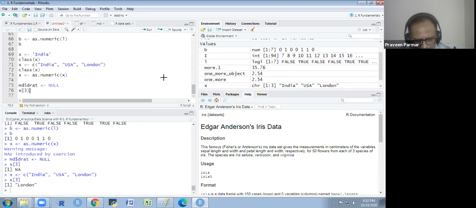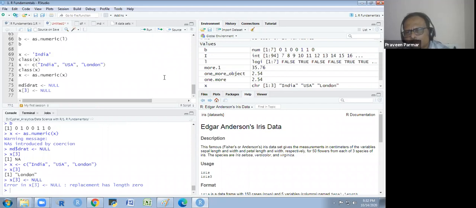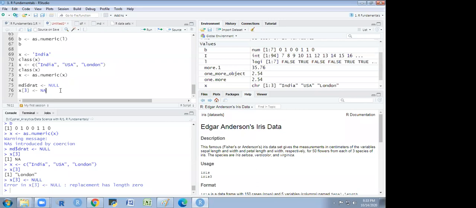If I use null here, it will give me some error. It will not work. I could change the name. Instead of London, I could write some other name, other country's name, or I could use NA if I don't have any name in the capital.